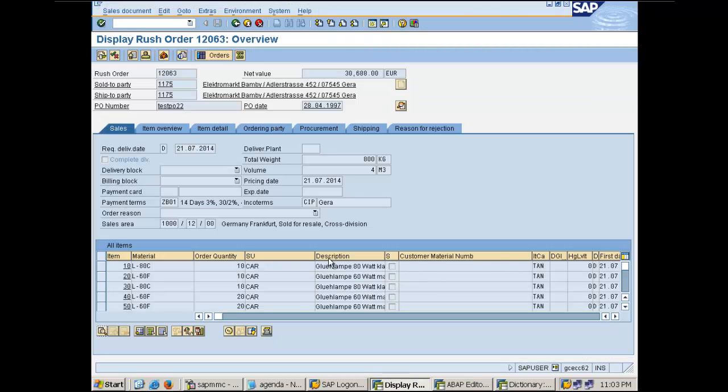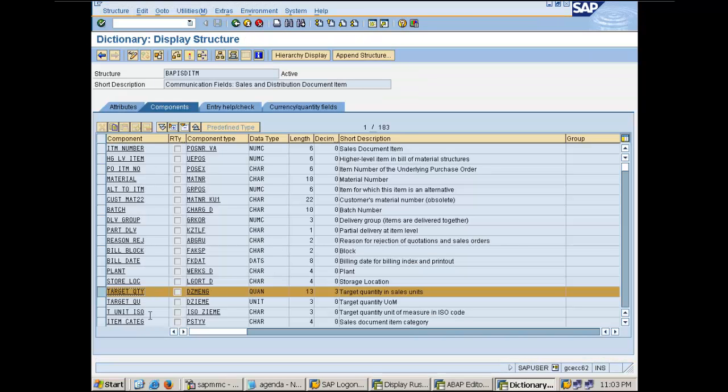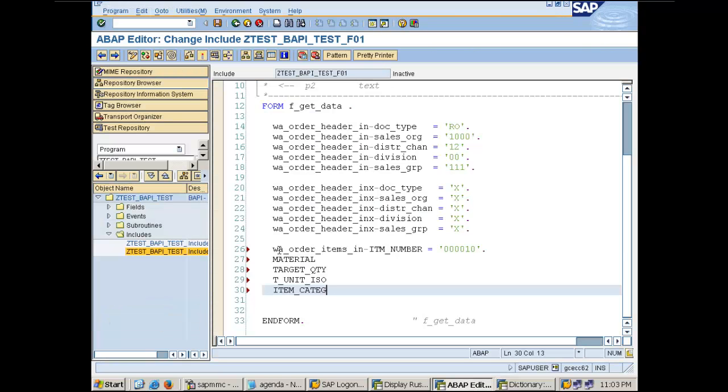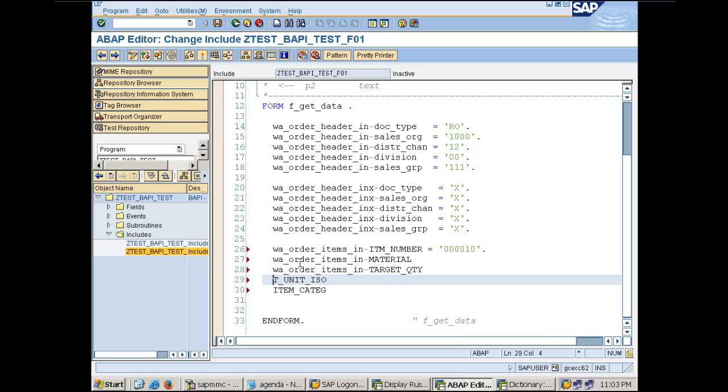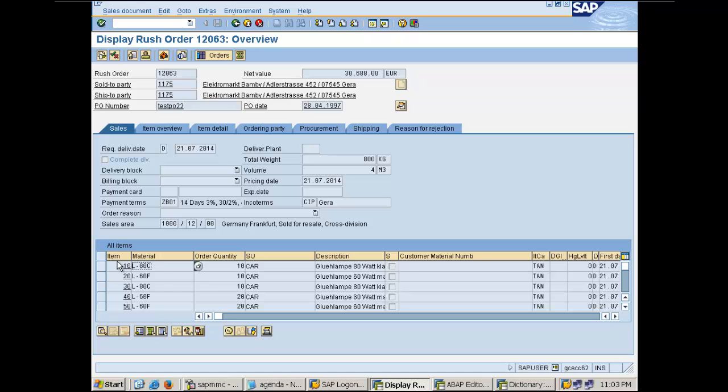This item category. So let's pull the material flow. For example,